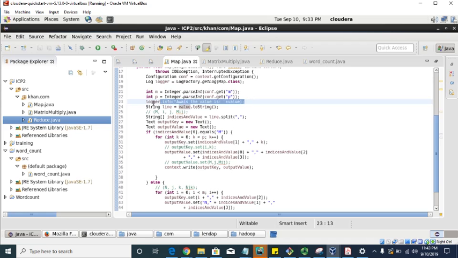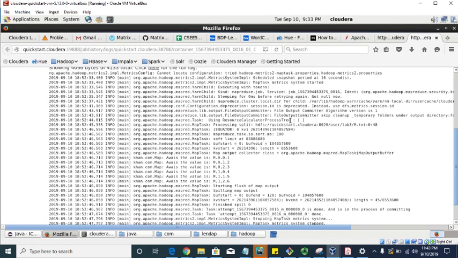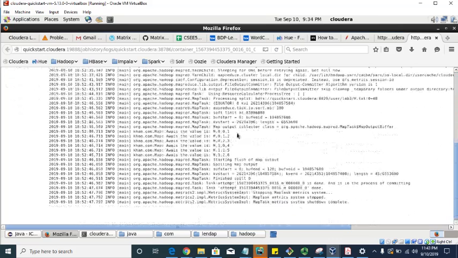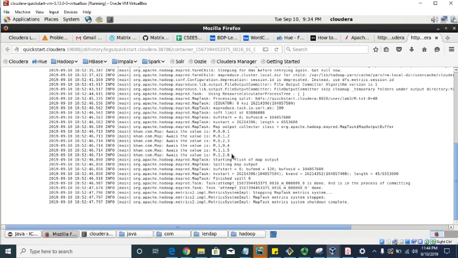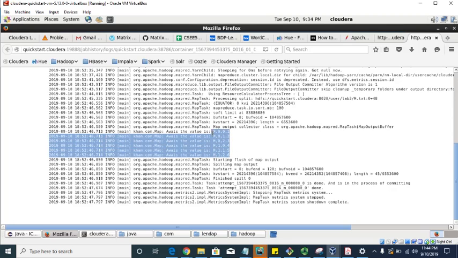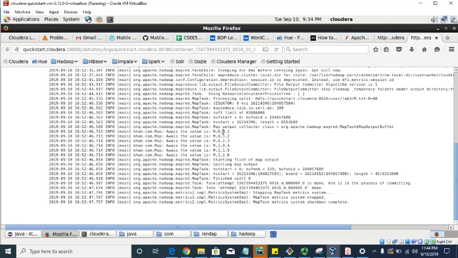For example, if we want to check this file, for the M matrix we can see how the code is. This is our log file for the mapper function, and you can see that it is reading in this form. So it is reading the text file over here, and after that we can split it and extract each specific value and do the operations on them. And similarly if we want to check